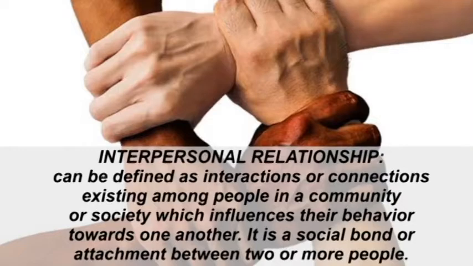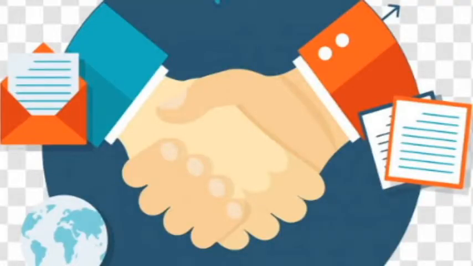So what interpersonal relationship is, in a broader sense, is that it talks about the relationship or the interaction that occurs every day between you and other persons. There is basically no way anybody will do anything on earth without having to talk to